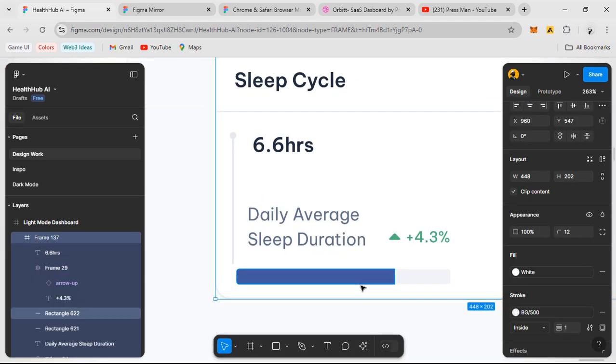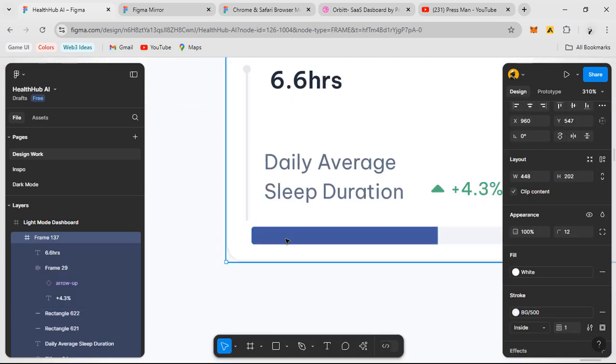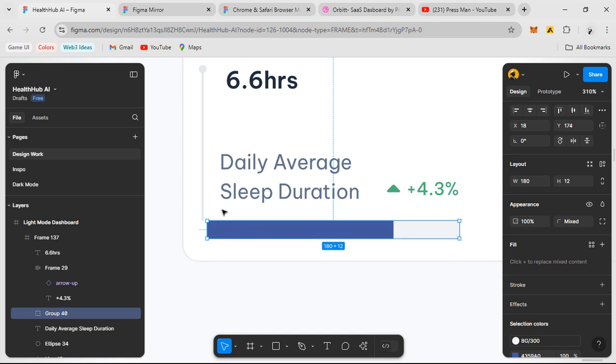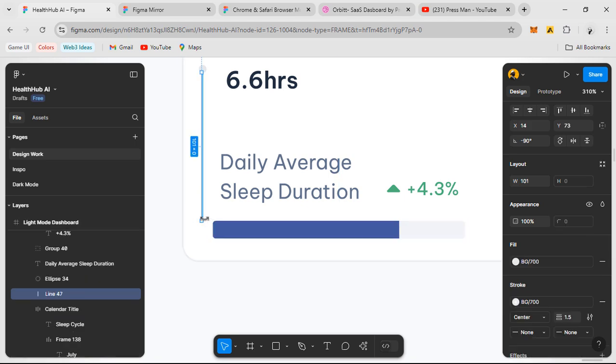So I can group these two: Control Shift, I've selected them, I hit Control G on my keyboard to easily group them, and adjust. I can make these guys 8 pixels apart, just drag this one down like so,